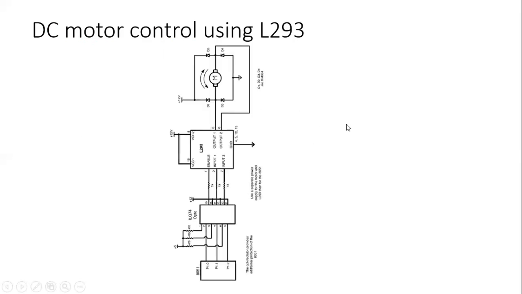Also, the H bridge cannot be operated straight away from the microcontroller. We have to use another intermediary circuit called the L293 driver. Using the L293 driver, we can enable the H bridge operation from the microcontroller. So this is how it's connected here. You have a microcontroller, then an opto isolator, then a driver. This driver is exclusively for the motor and the H bridge.